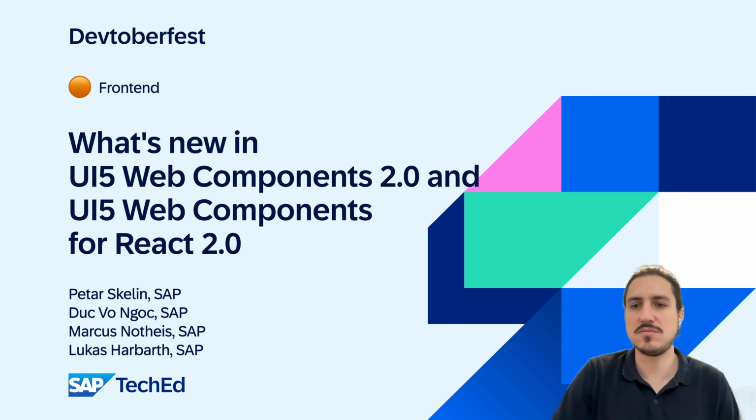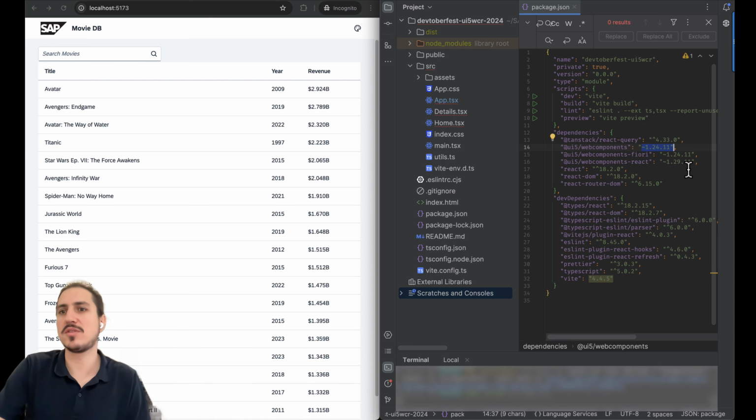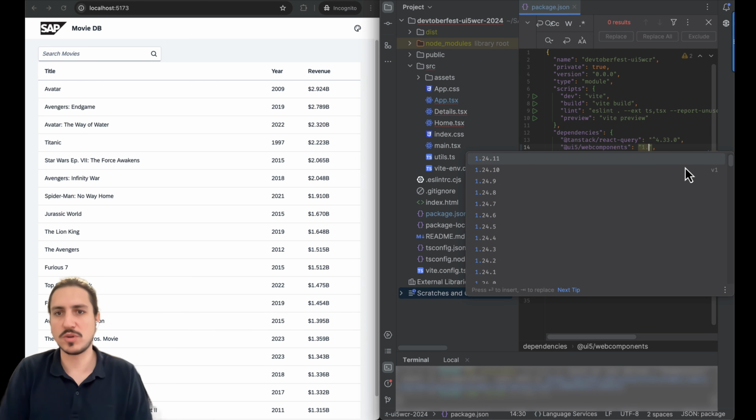Now let's dive in. What you can see here is basically the movie database we developed for the 2023 Devtoberfest, and we adjusted it a bit, so it doesn't go beyond the scope of the session. But in general, it's the same. As you can see here, we're still using V1 of UI5 Web Components and UI5 Web Components React. Let's change that to the latest V2 version,